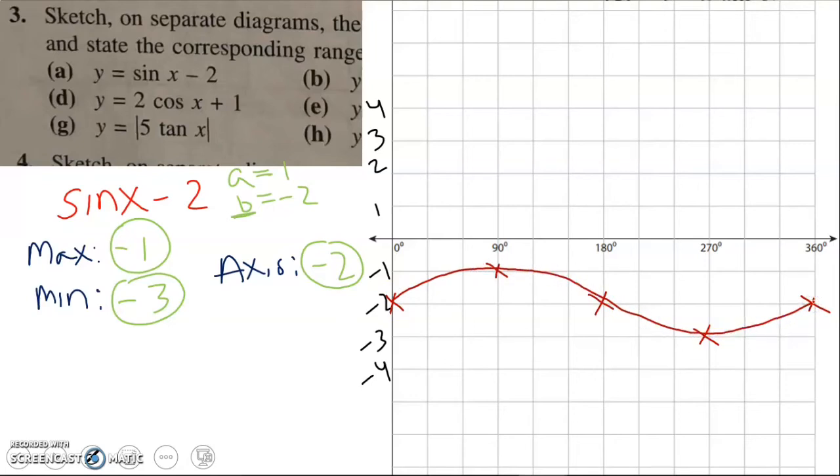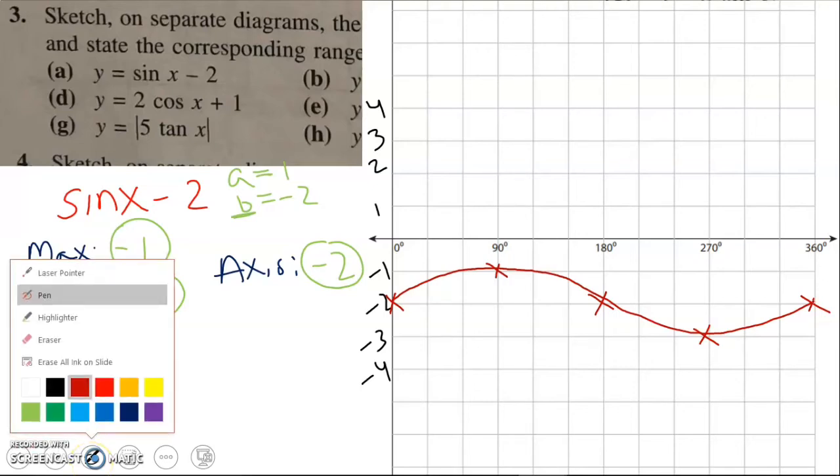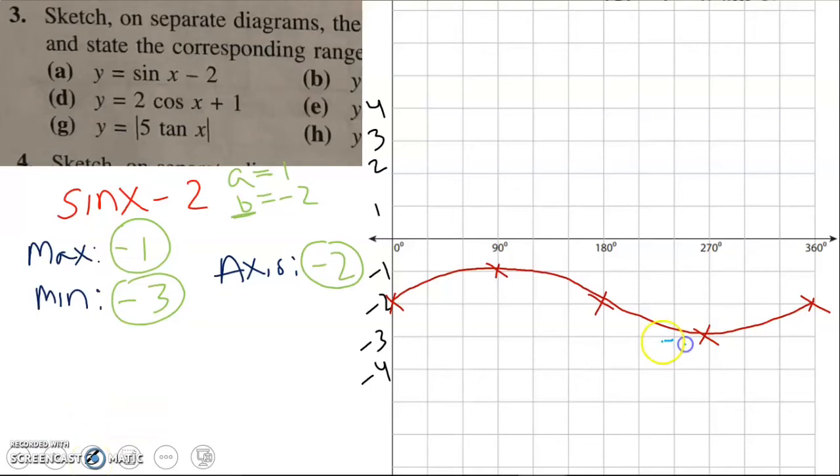Okay, obviously mine's not perfect, but you guys get the idea. Now your range, just based upon your graph, the lowest it goes is at negative 3, the highest it goes is at negative 1. So your range